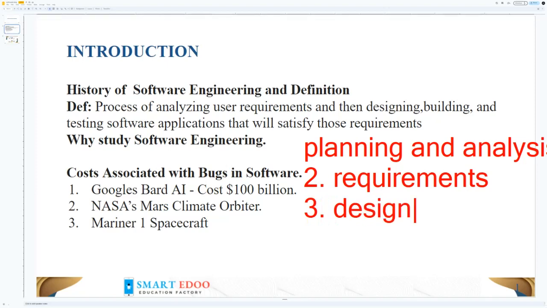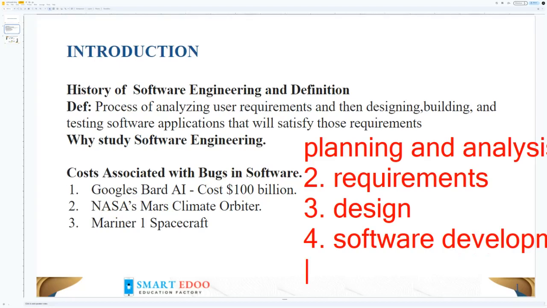This is where the software architecture is designed. And four, we have what we call software development. As you can see, software development is just inside software engineering. This is where all kinds of software development happens. Let's take an example. There are so many different types of software.